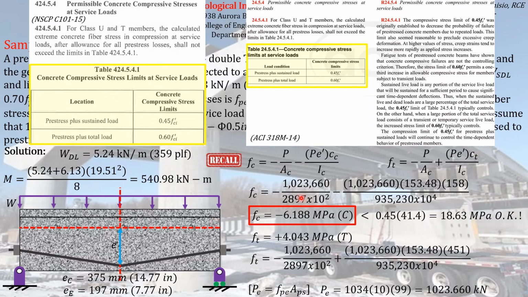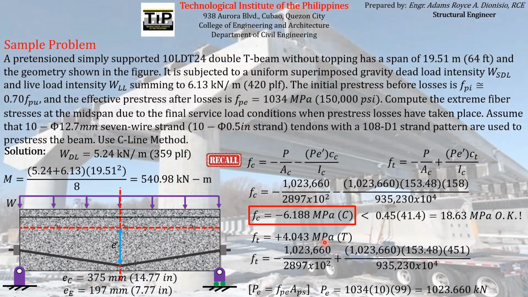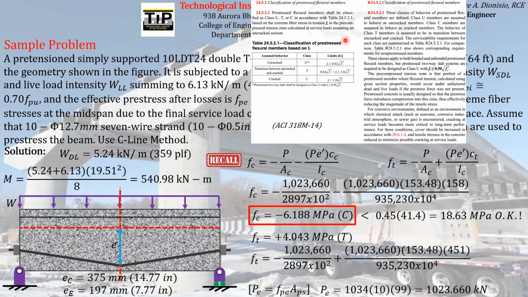top. So next, we can see here that the stress acting on the extreme pre-tension fiber is a tensile stress. So if we want to check if it is compliant with the code provisions, we have to check the permissible tensile stress limit specified by the code at service loads. So you have to check again the limits given by the code. So if you refer